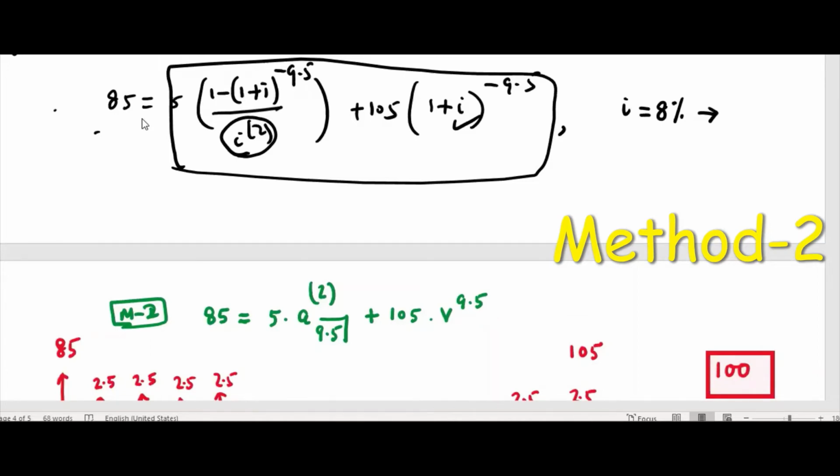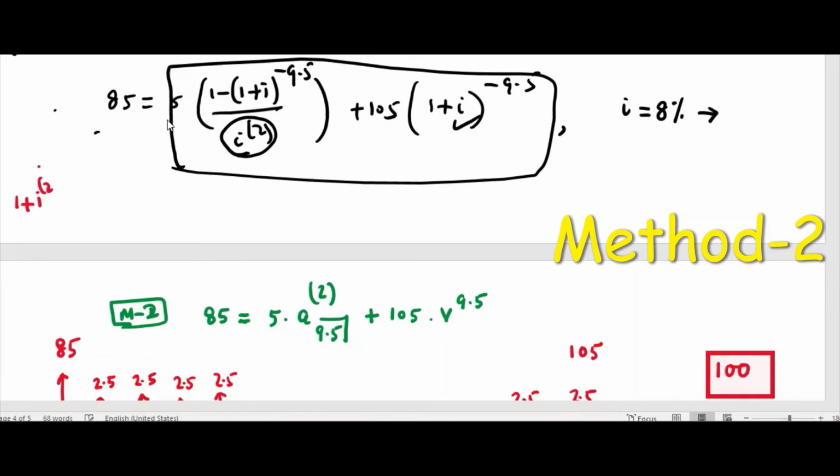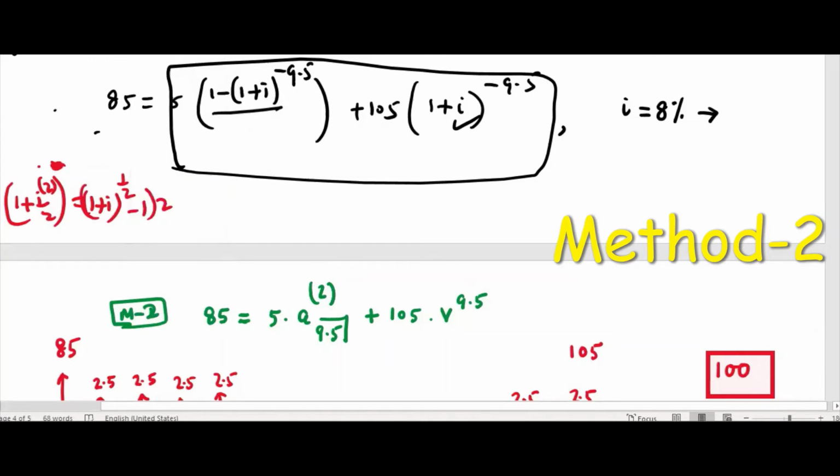However, if you don't want to find i2, then you can do another thing. You write the equation for i2: 1 plus i2 divided by 2, power 2, is equal to 1 plus i. So what will happen is this 2 you bring this side, this will be half, then minus 1 multiplied by 2. So you replace i2 by this. Then what will happen? 2, yes, correct. 2 times, is it 1 plus i power half